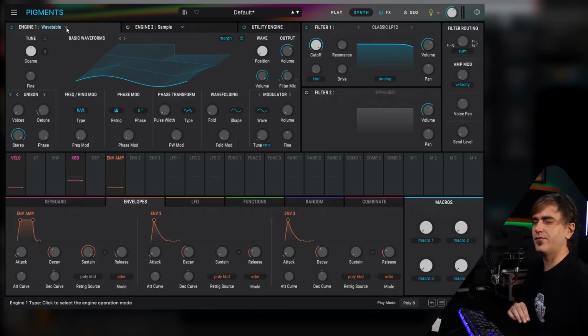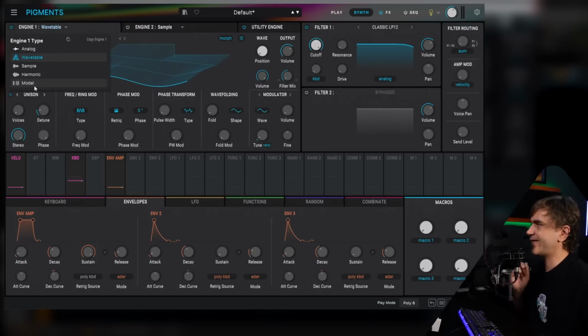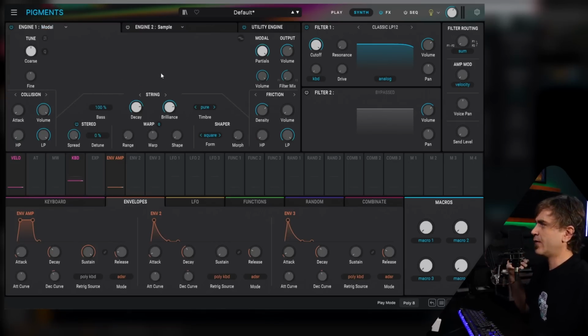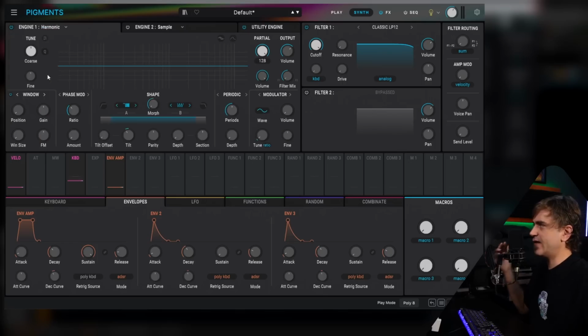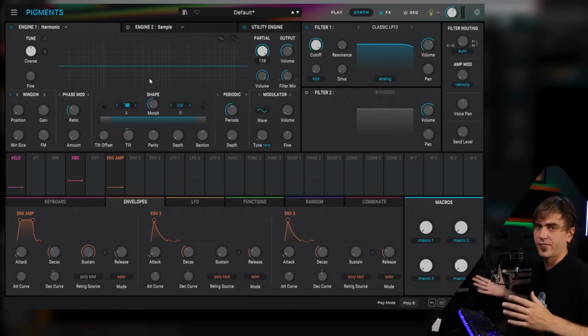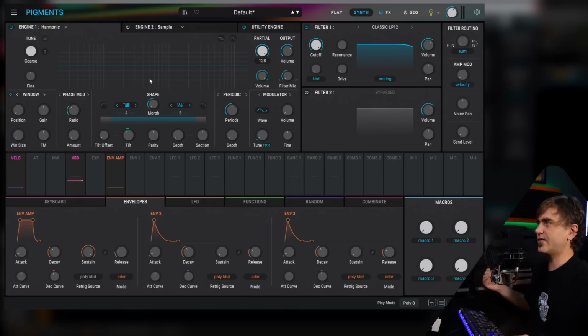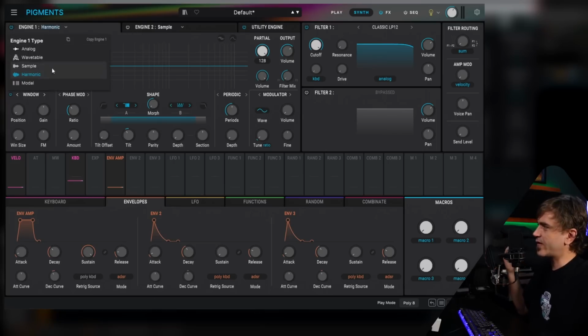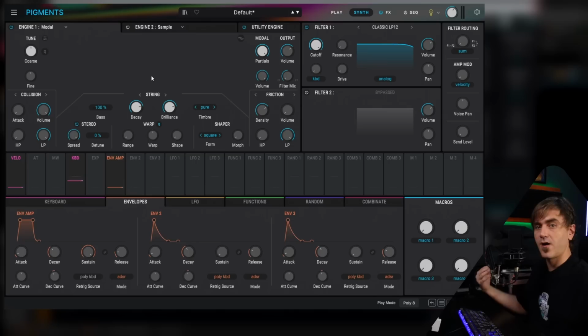So one of the coolest new features of Pigments 6 is the new Modal Engine. So we had the harmonic engine before, which is an additive synthesizer, and modal synthesis is similar, but the way it differs, you're still dealing with partials and harmonics, but it's using filters as opposed to raw oscillators. So with a modal synthesizer, you're sending it a burst of noise or some kind of burst